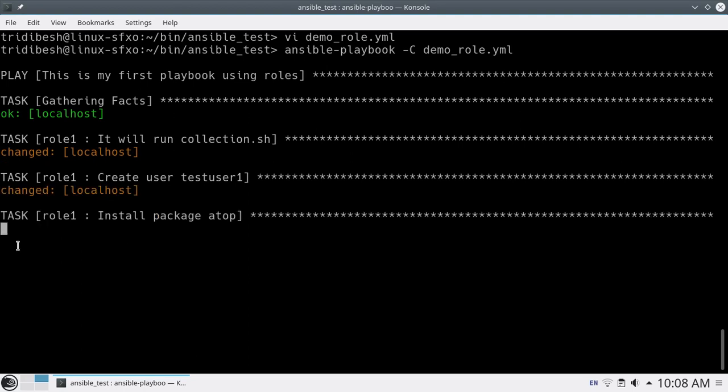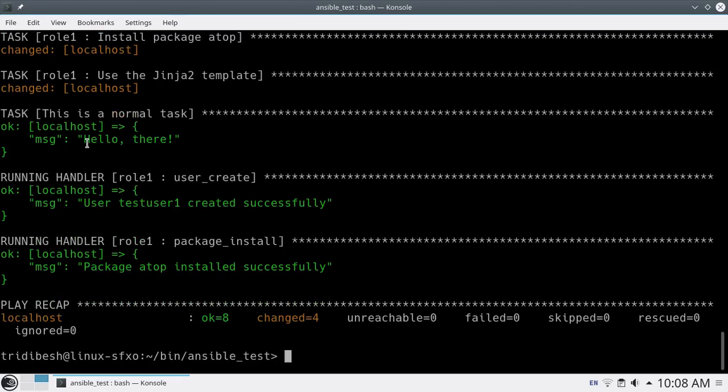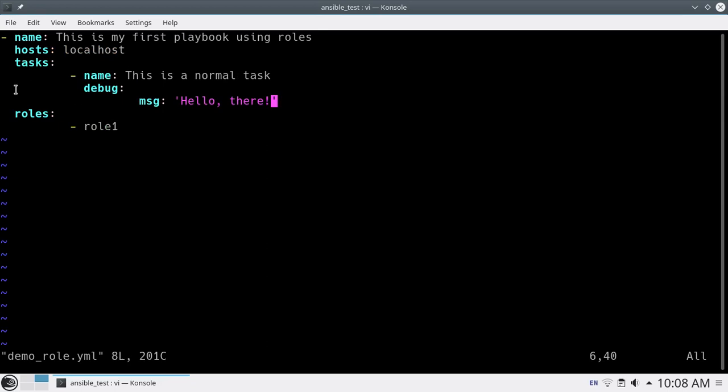No, you can see after gathering facts it directly went to roles, but I have defined tasks. See, the task is running after your role is completed. This is the default behavior. Whether you put your task before the role or after the role, it doesn't matter. It will always execute after roles. Now how can you change this behavior? That is also possible. As you remember in my previous video, I was telling you about pre_tasks and post_tasks. So here you make it pre_tasks.